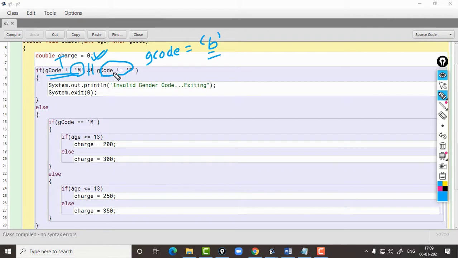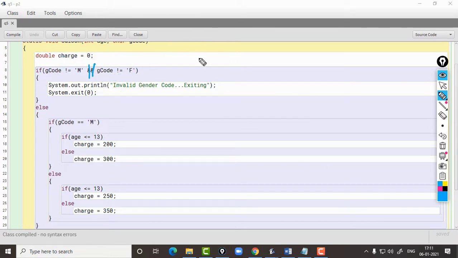So it will display invalid gender code exiting and system dot exit 0. That means the program will close.